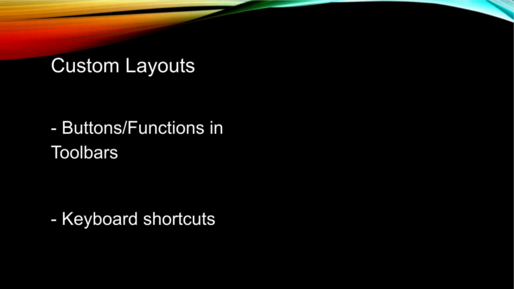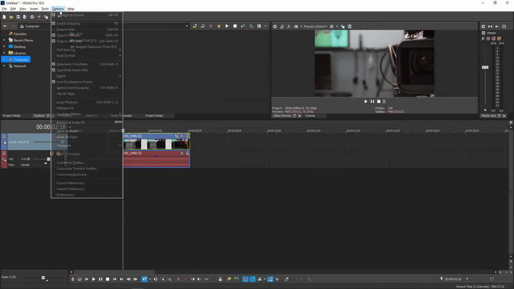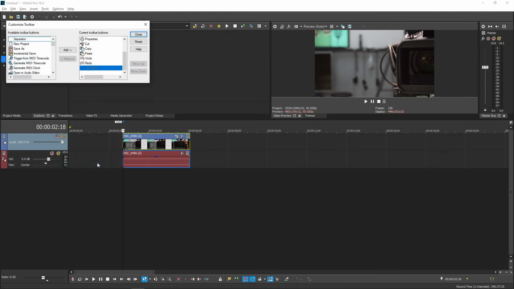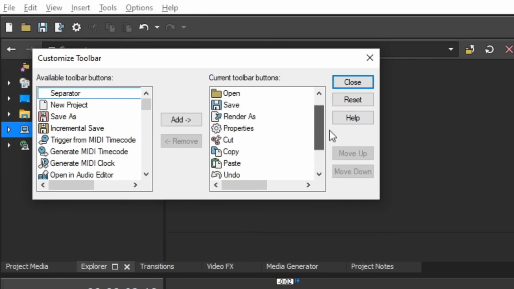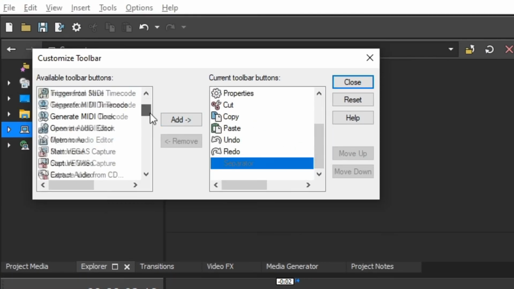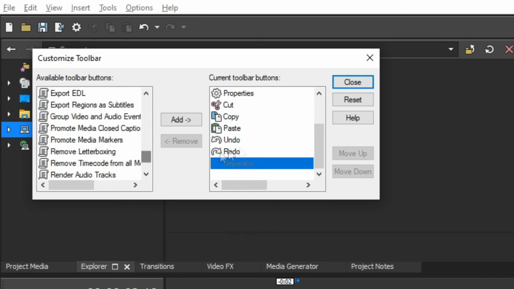This is just one of the many features Vegas offers. The main three that we're going to be taking a look at now are these: Customized Toolbar, Customized Timeline Toolbar, and Customized Keyboard. These are important because we're going to be talking about each of them in later lessons. First off, we have the Customized Toolbar setting. This lets you select exactly which buttons you want to appear on your toolbar, as seen here. You can pick and choose to add as many as you want, or if you wanted to, you could even remove them all.